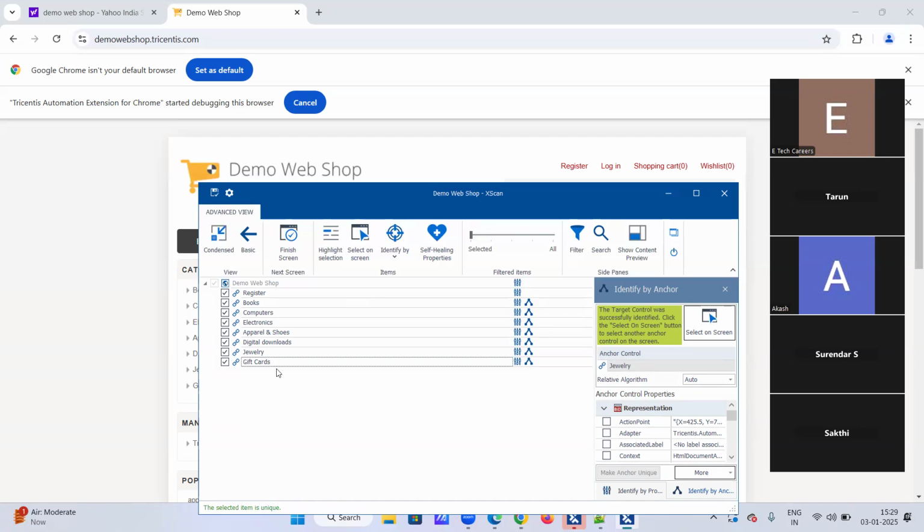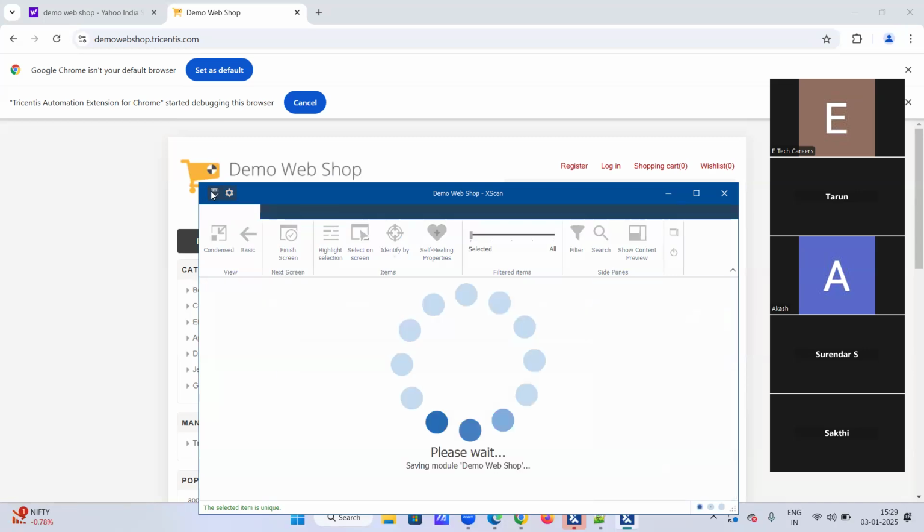Can you see now ultimately what happened at the end of the day? When you are trying to create a module and you are exhausted of the properties, then what you need to do is go to another method called anchor identification method. This method only works when the properties you have used are not working and the controls are not becoming unique. Then you can take the help or support or reference of another control and you can identify them like this. Okay. Just save it and